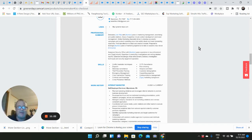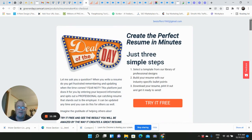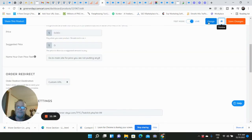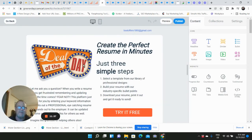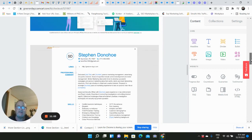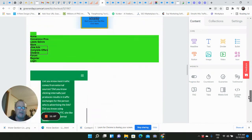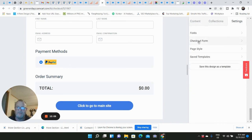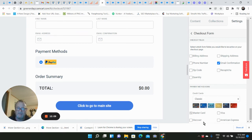One link is going to be for SamCart, which is the actual, have a look at this fantastic landing page that they give you, and it's just a cut and paste, and I'll just quickly show you how I made it, which is my design. It puts everything in the information here that I can put in: headline, text, divider, bullets, icons, you name it, whatever it is, that creates these great capture pages or landing pages. You can actually get your own product yourself and sell it through your PayPal account, which is down here, or has PayPal information. It has all the settings that's available for your type of checkout form. It has all the different MasterCard, Visa, Discover, American Express that you can use to put in this, which is all security held through the SamCart,